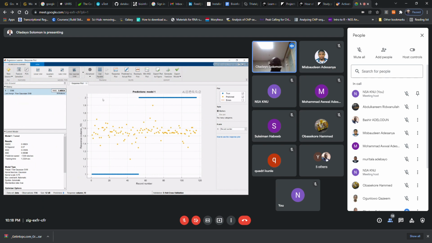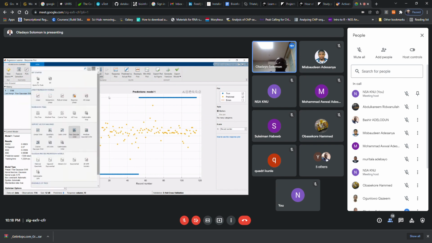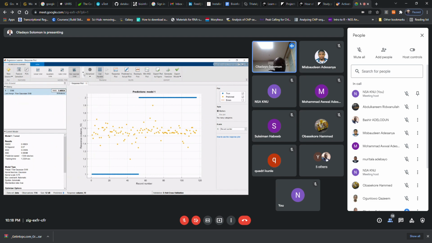Just collect your data and then come to MATLAB, make advantage of the MATLAB apps, and then you are able to train a regressor, and you are going to have some results which you will be able to, of course, show that what you are doing is valid. Okay, so